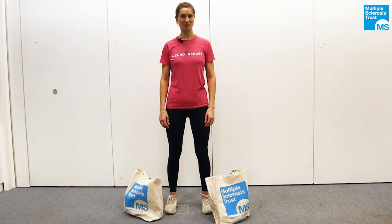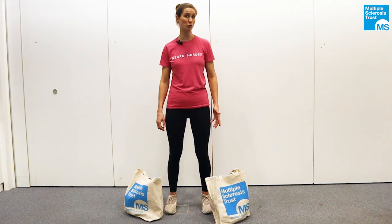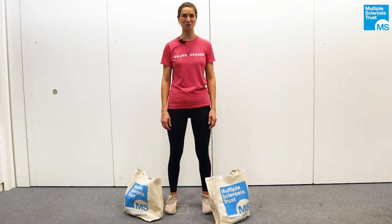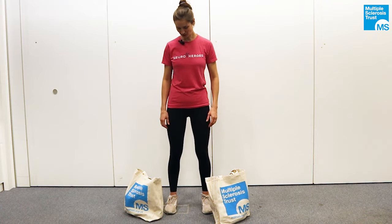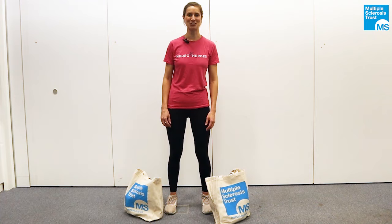Now the focus shifts to lifting and carrying your shopping. So have 2 shopping bags on the floor or alternatively water bottles, or I'll show you how to do the exercise with weights a little bit later. But starting with shopping bags, you can make these as light or as heavy as you want to start training